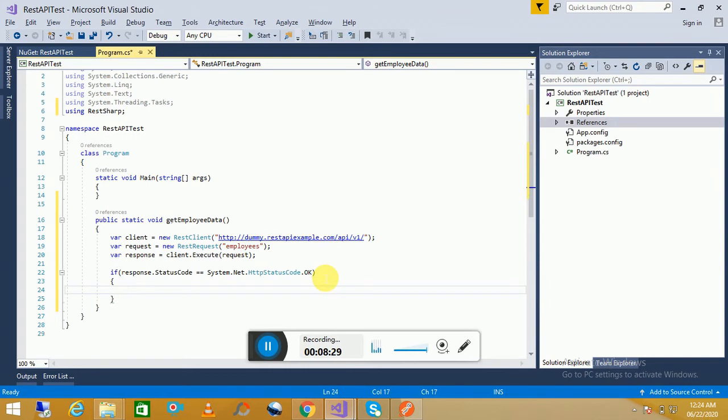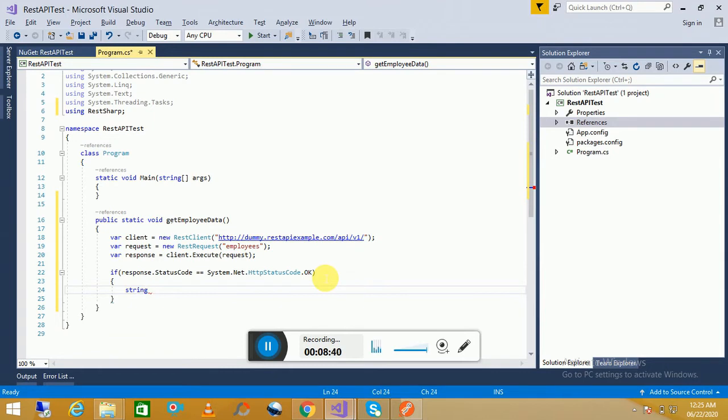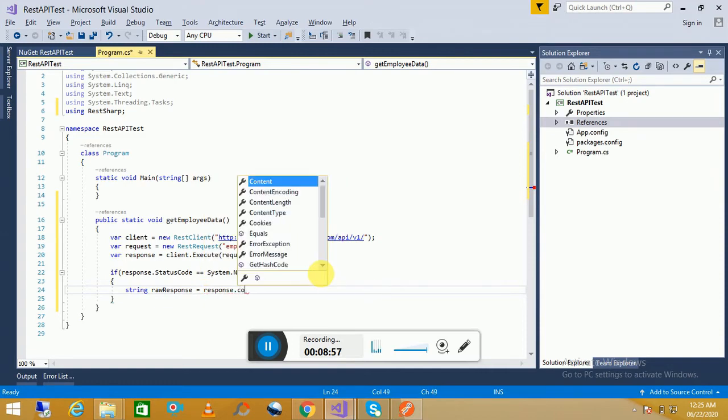That is, we will handle the response. So we are taking a string variable, response, equal to content.